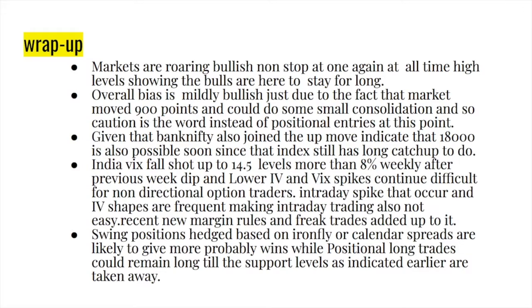But the VIX, again, shot up previously, dipped 5% previously, and then shot up 8% this week. So these kinds of spikes are creating a lot of problems. On Friday itself, you see there were two V-shaped movements and two inverted V-shapes. So a total of four V-shaped movements. That means the price is zigzagging on a Friday. So it's very difficult for option sellers as well as option buyers. Right? With low volatility, when we have multiple choppy, whipsaw kind of price action, it makes it even